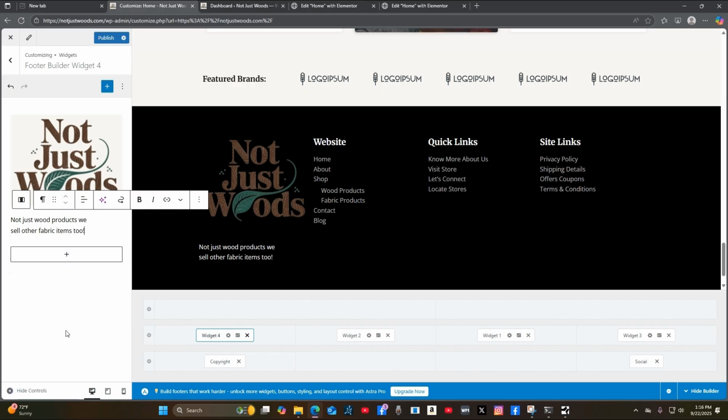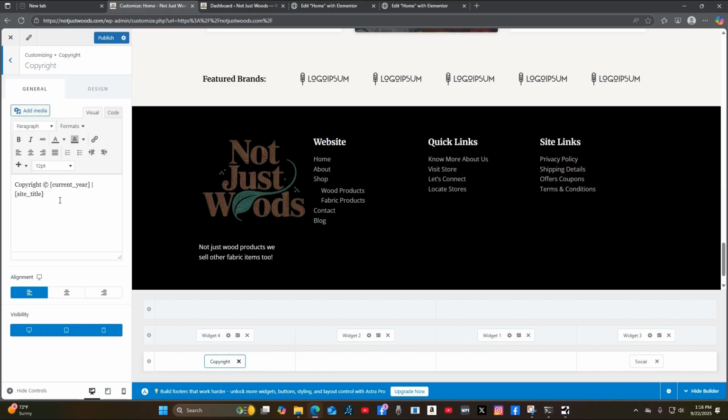And the other thing I want to do is this copyright. Oh, which is fine because it's coded to tell the current year in the site title. So our site title should be Not Just Woods. So it should say copyright 2025, Not Just Woods. That's fine. So in order to change any of these